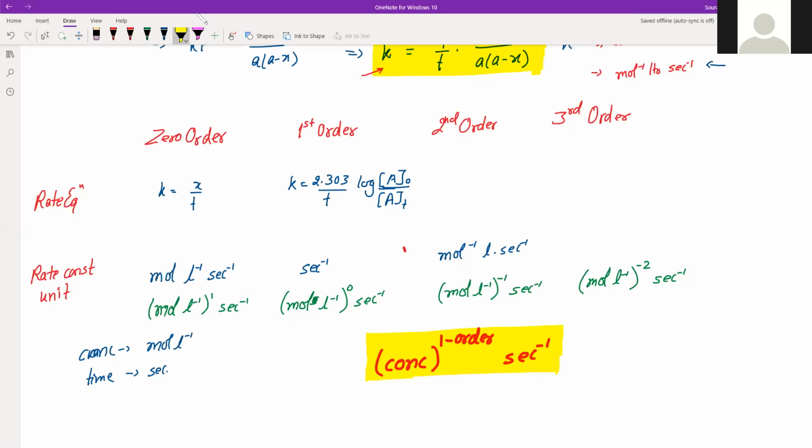And it also gives us an idea about finding the order of reaction based on the rate constant. There will be questions asked directly like this: you will be given a rate constant with unit or without, or just the unit without any values, and you may be asked to find its order. So this is the relation between the order of the reaction and the unit of K.